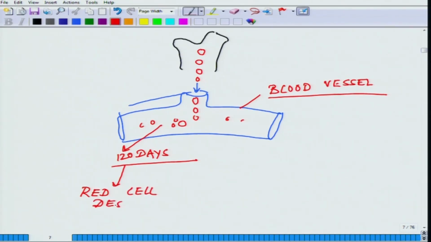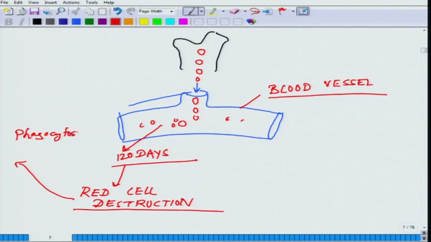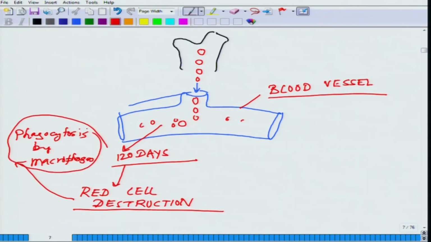Red cell destruction. Okay. So, red cell destruction takes place by phagocytosis by macrophages. So, what does that mean? And this is one route by which they are being destroyed. There is another route where